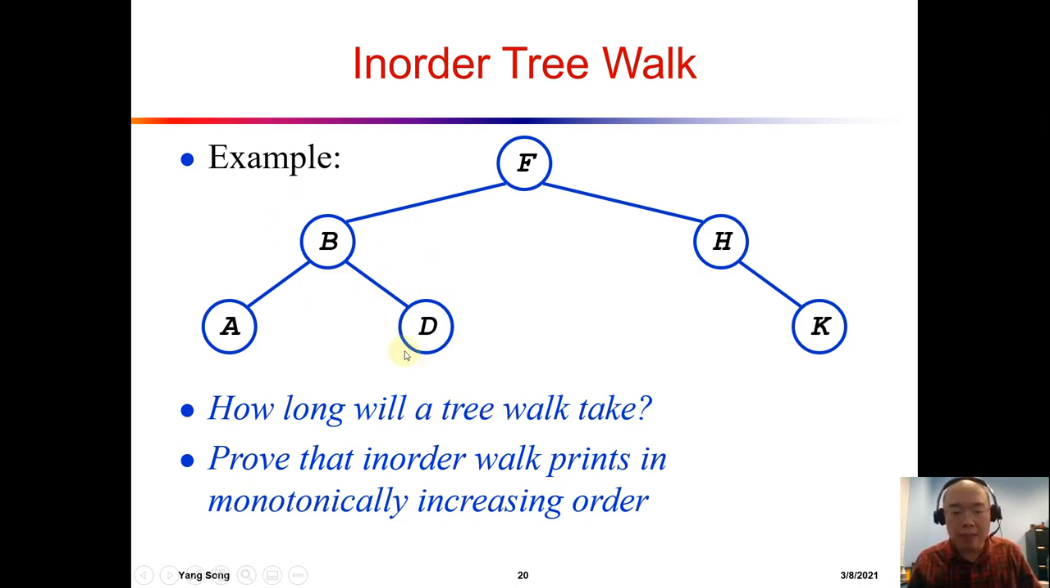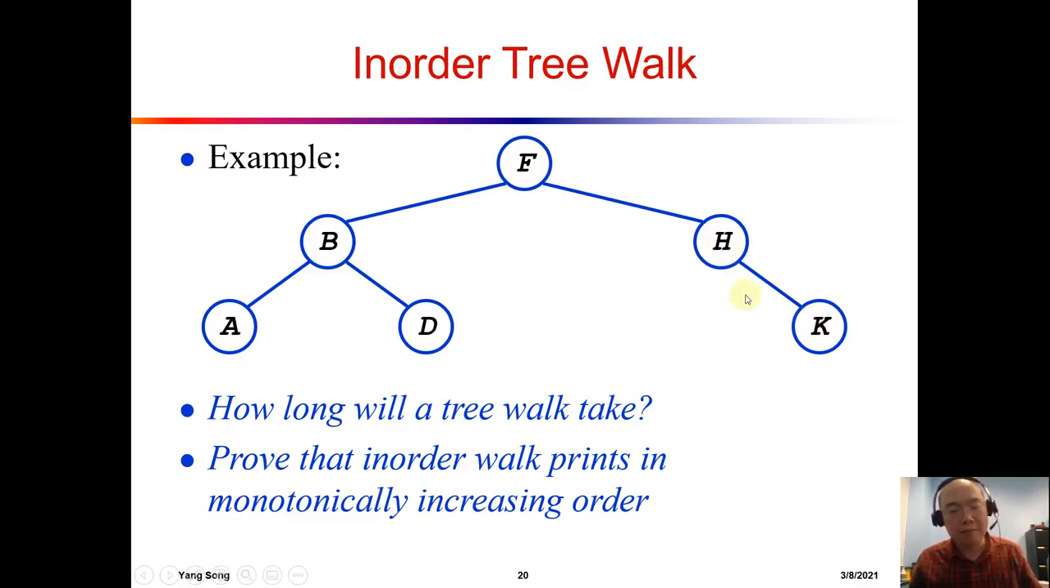So at the D, we will find that there's nothing on the left side. We print D, and then we find there's nothing on the right side. So at this point, we have already successfully done the tree walk of the ABD subtree. And then we will go to the F. We will print the F, and then we will go to the right subtree of the F, which is H